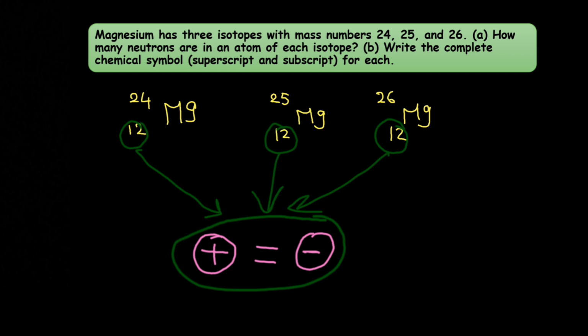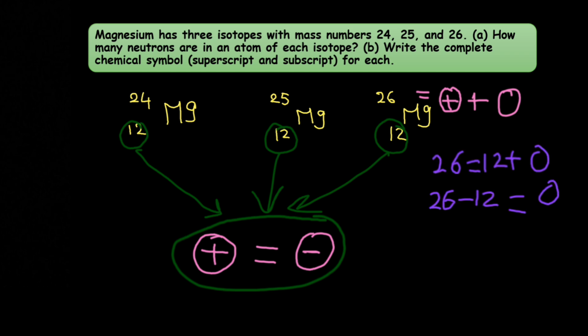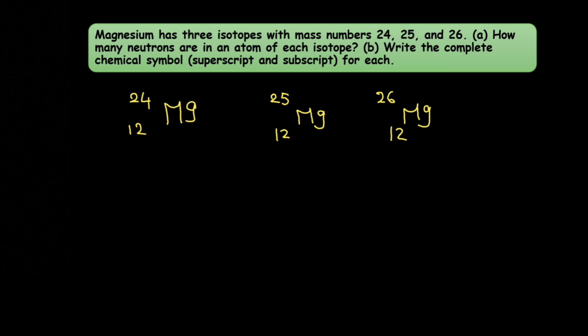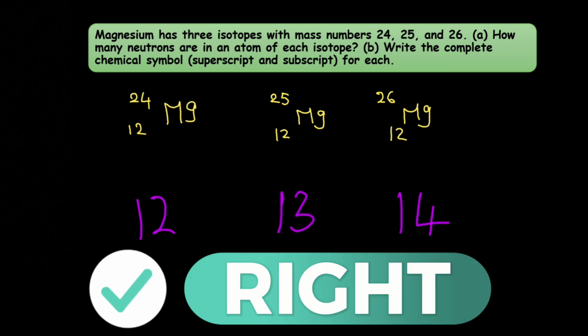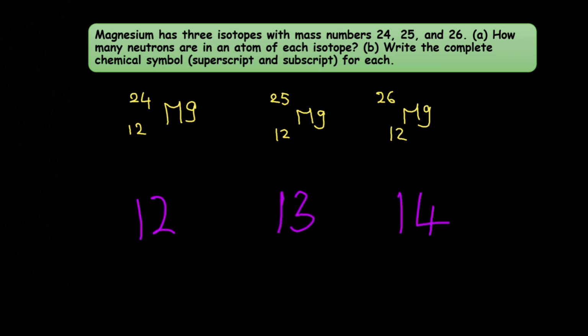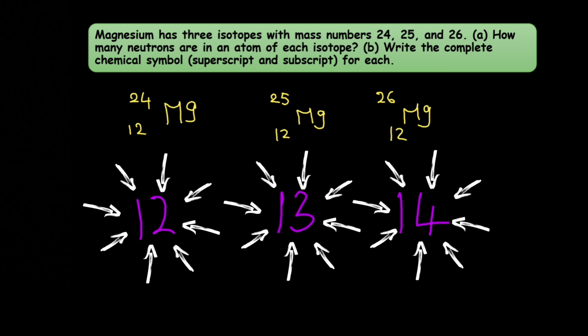For the third isotope, 26 is equal to the number of protons and neutrons. So 26 is equal to 12 plus the number of neutrons. So 26 minus 12 equals the number of neutrons. So 14 is the number of neutrons. From this answer, we conclude that the number of neutrons for each isotope is 12, 13, and 14. This answer is right because isotopes are atoms that have the same number of protons and different numbers of